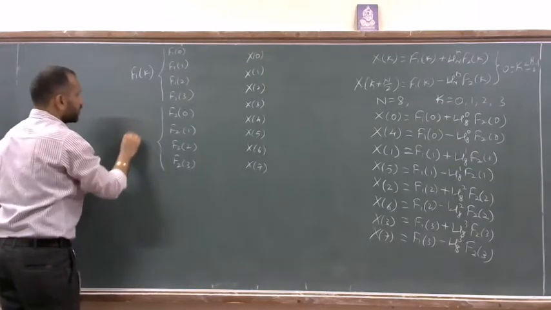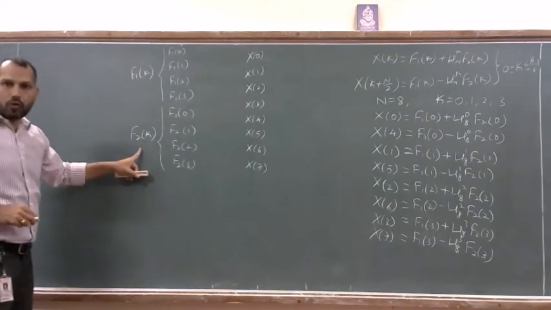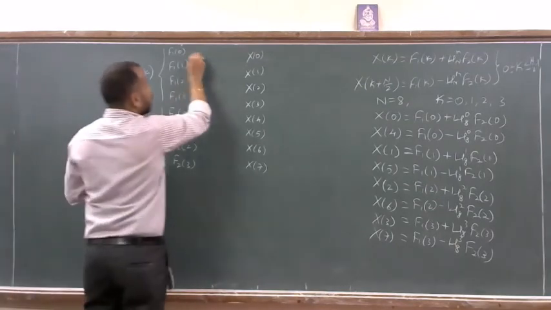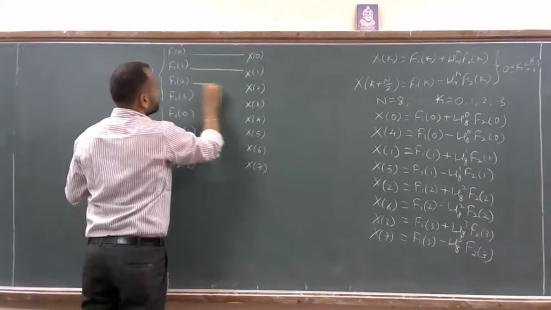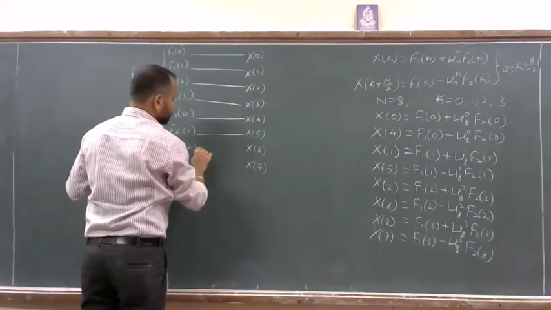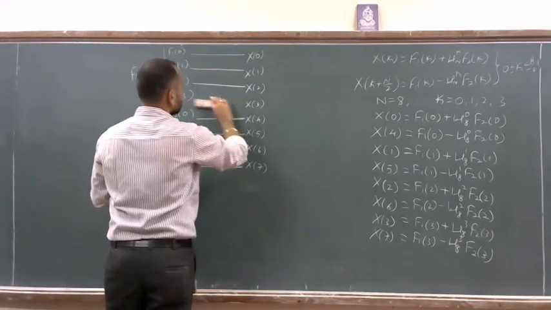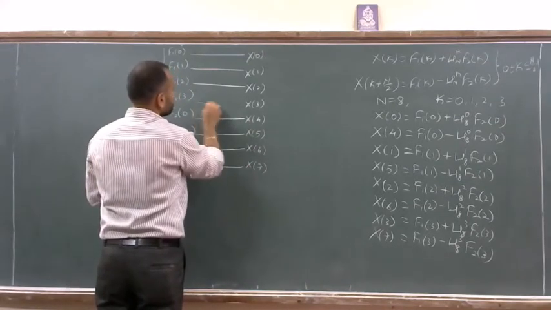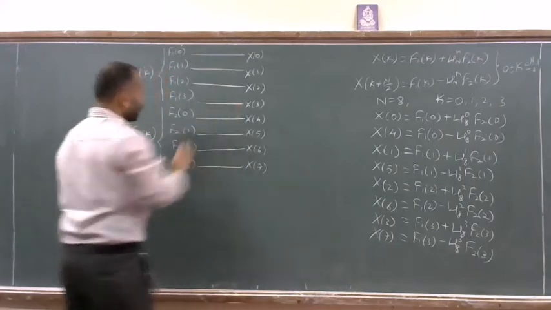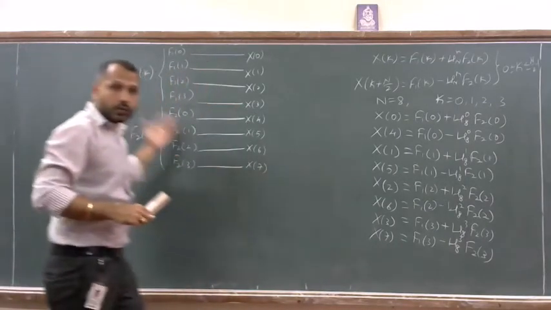This is the second input, which is the second N by 2 point DFT, f2 of k. Now, according to these equations, how these two 4-point DFTs